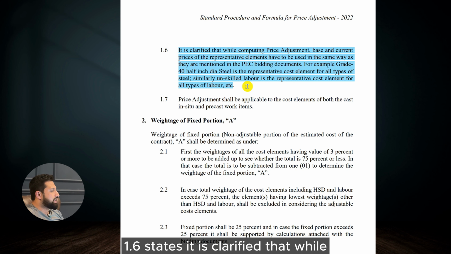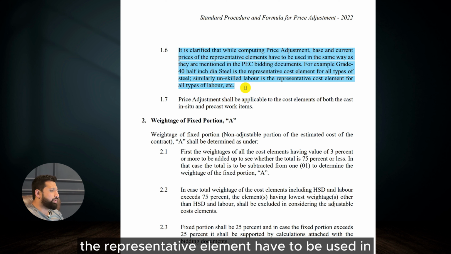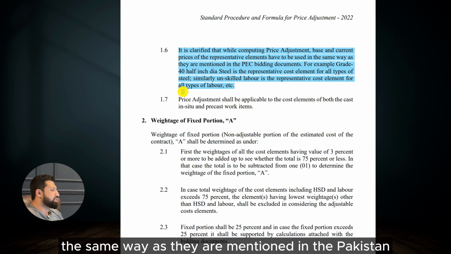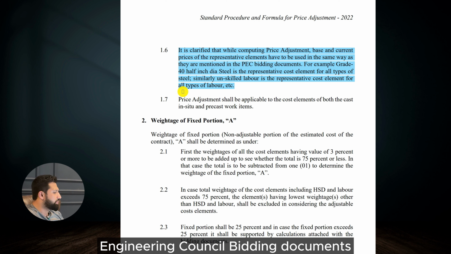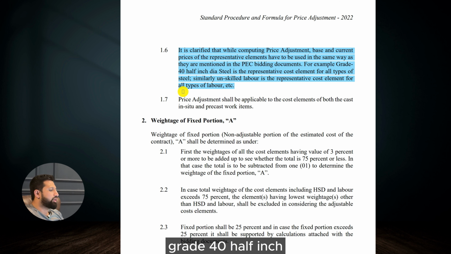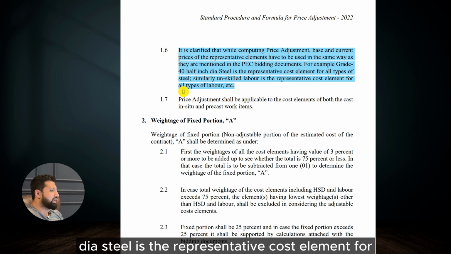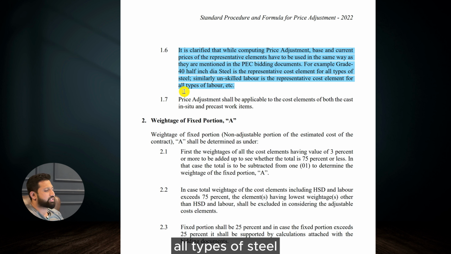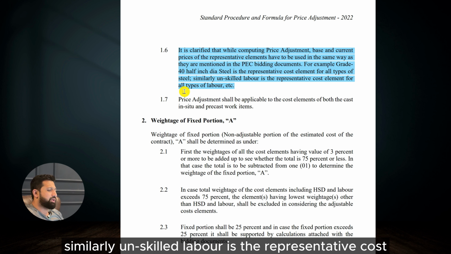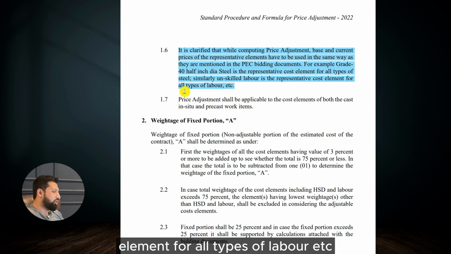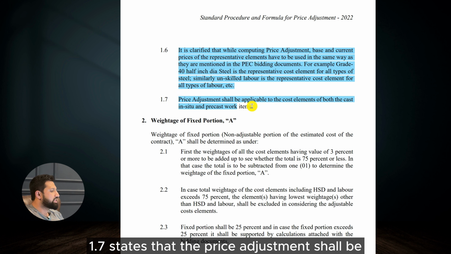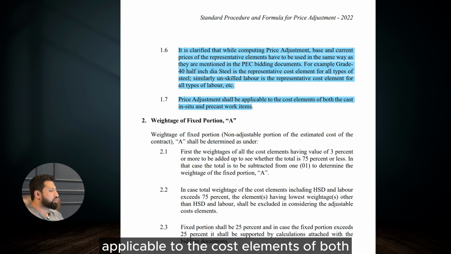1.6 states it is clarified that while computing price adjustment, base and current prices of the representative element have to be used in the same way as they are mentioned in the Pakistan Engineering Council bidding documents. For example, grade 40 half-inch dia steel is the representative cost element for all types of steel. Similarly, unskilled labor is the representative cost element for all types of labor, etc. 1.7 states that the price adjustment shall be applicable to the cost elements of both the cast in situ and